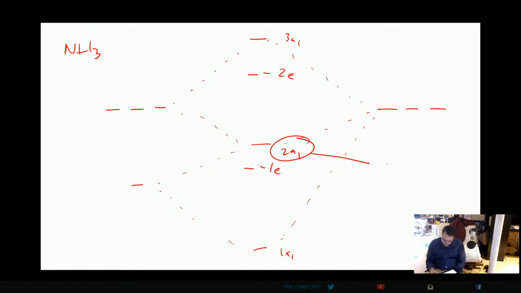Since this is going to essentially be a combination of the anti-bonding orbital of this part right here, plus the bonding orbital of this combination right here. And so you wouldn't necessarily think of the electrons per se as contributing towards specifically an anti-bonding or a bonding combination, but what you can kind of think of it as is that the